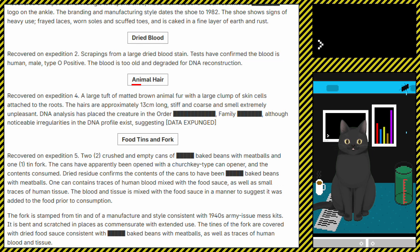Animal hair. Recovered on Expedition 4, a large tuft of matted brown animal fur with a large clump of skin cells attached to the roots. The hairs are approximately 13 centimeters long, stiff and coarse, and smell extremely unpleasant. DNA analysis has placed the creature in the order of family of, although noticeable irregularities in the DNA profile exist, suggesting